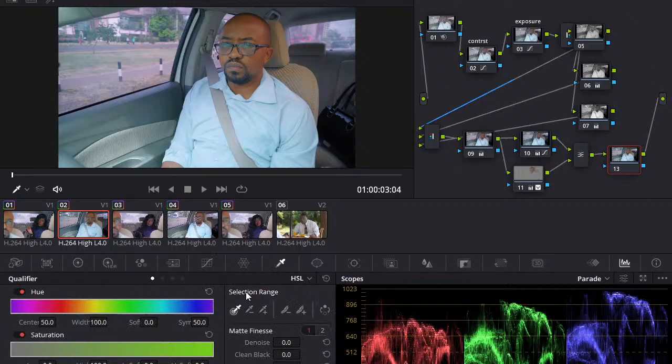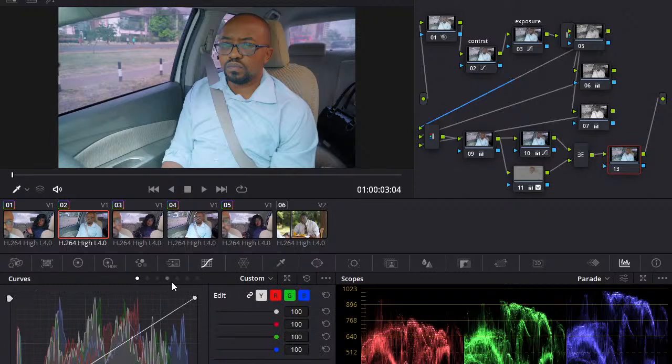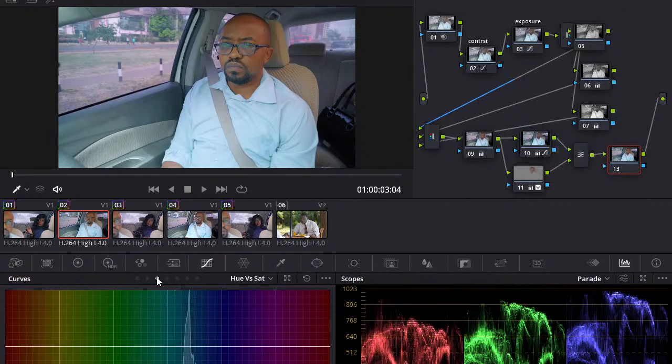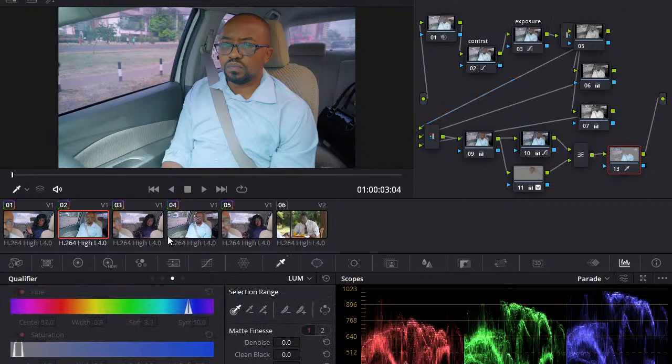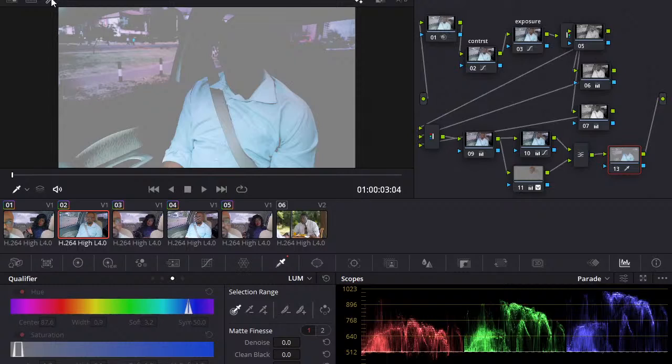The colors are disappearing. You can just come to these curves here and look for hue versus saturation. So hue, selecting the hue, and then how much saturation do you want for that hue. So in this case, if I was to qualify and pick and even just look, you see, it's the blue on the shirt, right? And you can really finesse, make sure that it's kind of wide using these things here. You see, it does a very good job of trying to isolate stuff. And I don't need this door part, so this part can go.